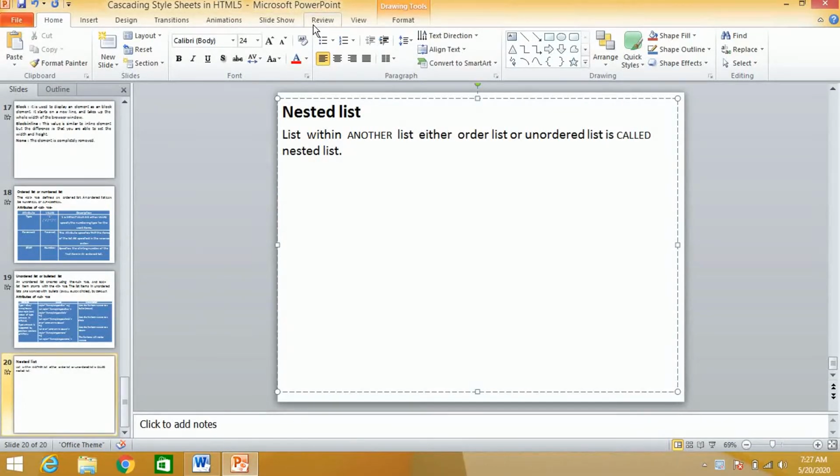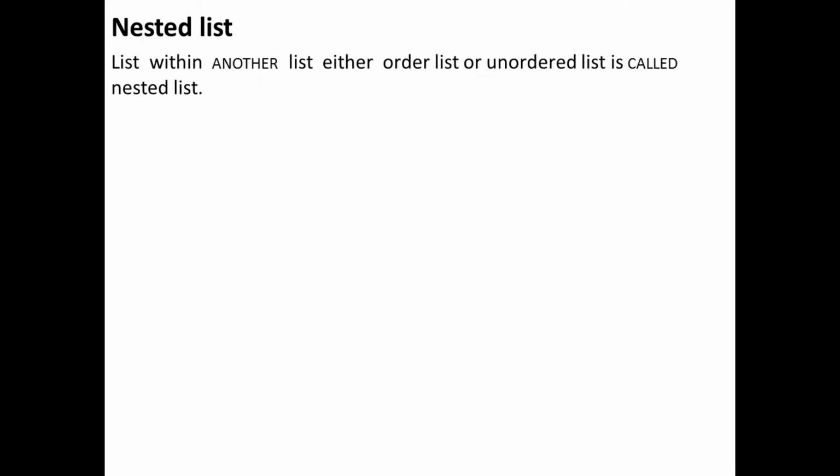In this video lecture, we are going to start with nested lists. Let's see what a nested list is. A nested list is nothing but a list within a list. Before this, we have seen ordered lists, unordered lists, and definition lists. In a nested list we have a combination of both. The list may be an ordered list and it may be an unordered list. Got it? So let's have an example of this nested list.